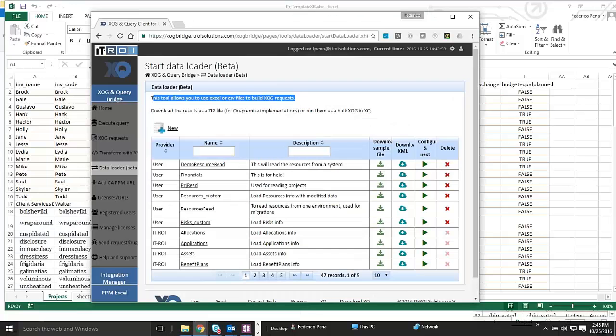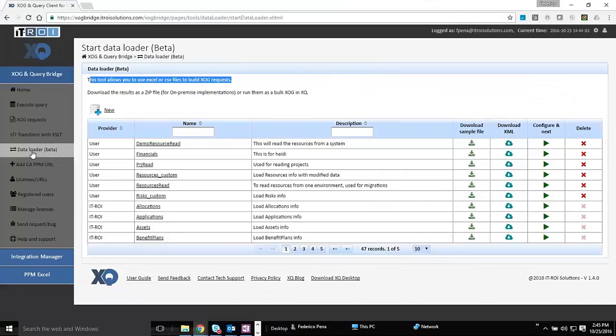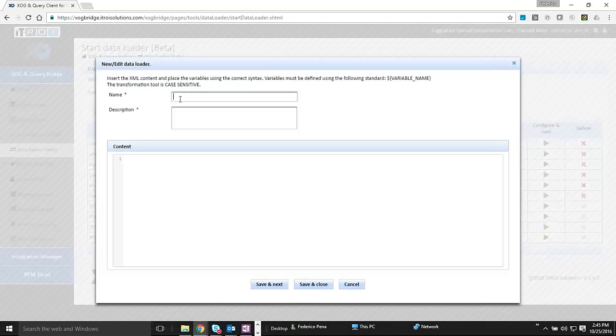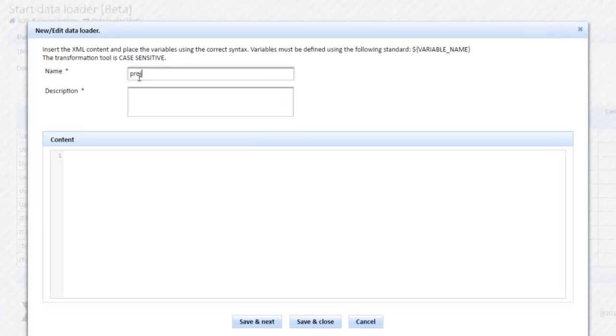So the first step is we're going to open the XOG Bridge and go to the data loader section, and we're going to click on New. Okay? And New because we want to create a new template, and we're going to call this Projects MSP. And this is a migration